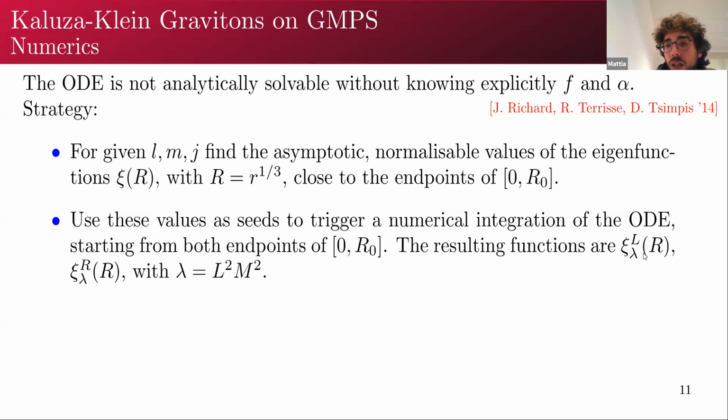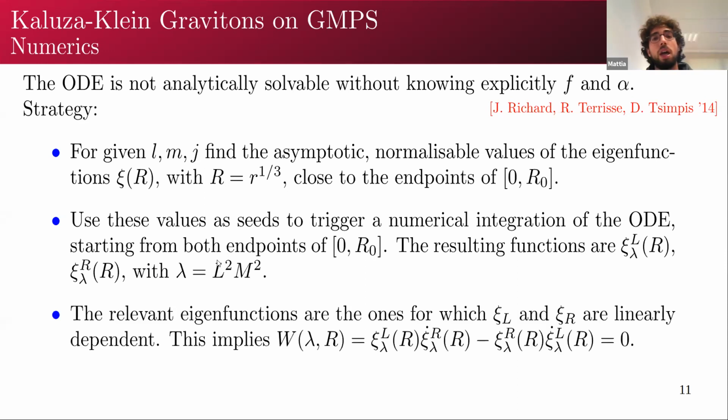So what do we get at the end? We get a set of eigenfunctions numerically integrated from the left and a set numerically integrated from the right. They both depend on the R coordinate and they are both parameterized by a so far still free parameter that we don't know, which encodes the masses. And then as a last step, we demand that for the physical values of the masses, so for the real eigenfunctions that we're looking for, of course, the left and right behavior matches in the middle.